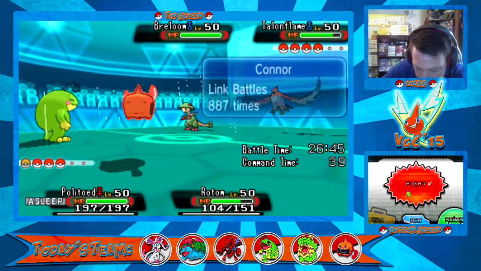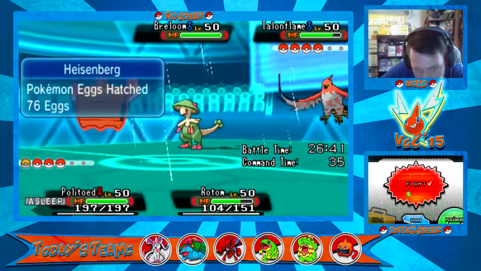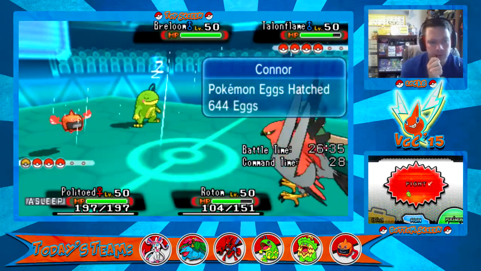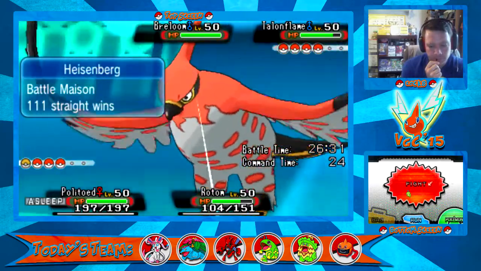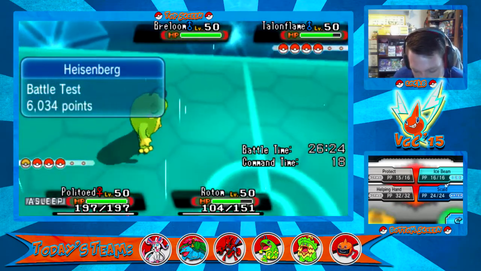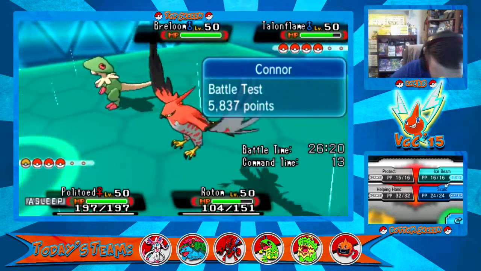Okay, so, alright, so let me see, who could he potentially have in the back? Who could he have in the back? He could do the Jolly Scent switch into the Breloom spot, thinking that I will Overheat it. Okay, so what do I want to do here? He has so many good switch-ins for this Talonflame. Alright, so do